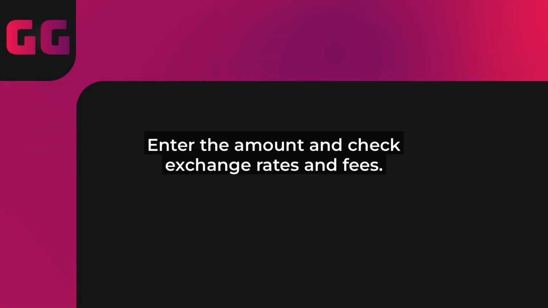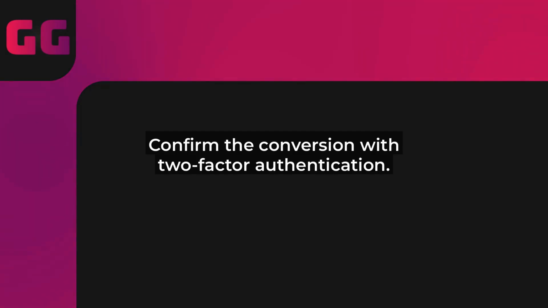Next, enter the amount of ETH you want to convert. Binance's AI-powered tools will give you a real-time estimate of how much fiat you'll get. Before confirming, double-check for any two-factor authentication prompts to keep your funds secure. Cyber threats are always evolving, so stay vigilant. Once you're ready, hit confirm, and the conversion will process almost instantly.